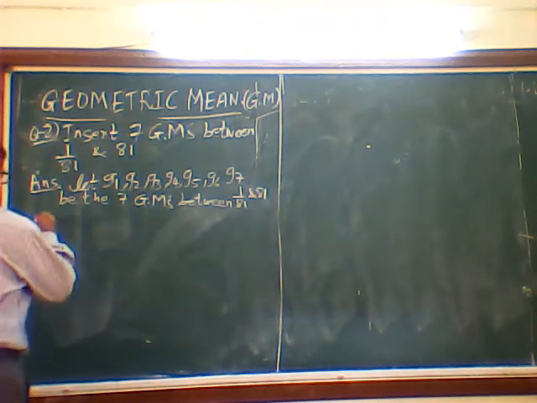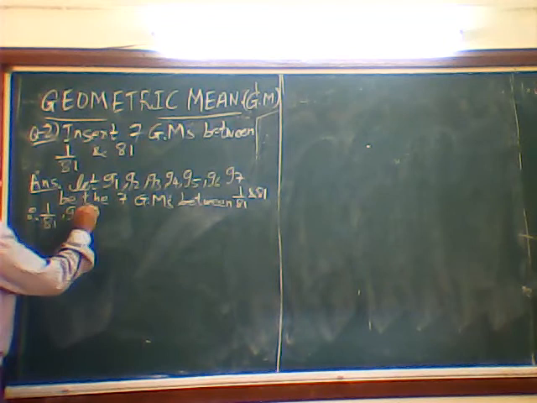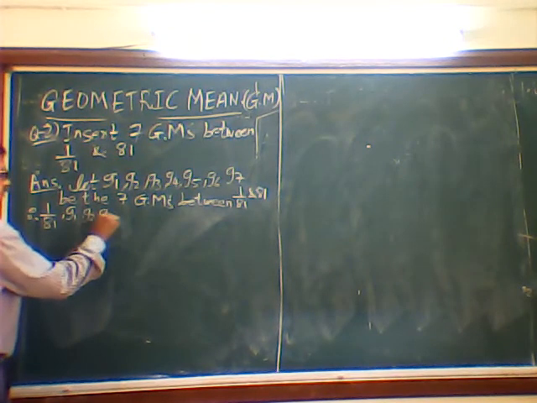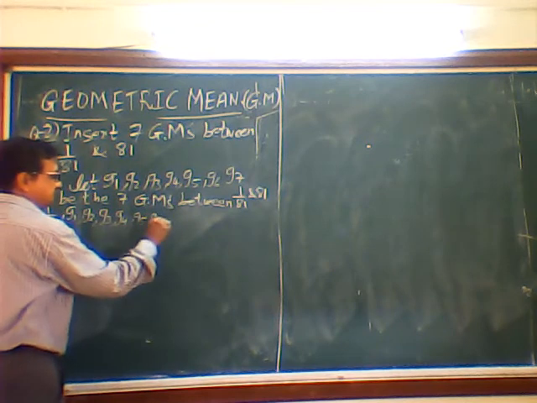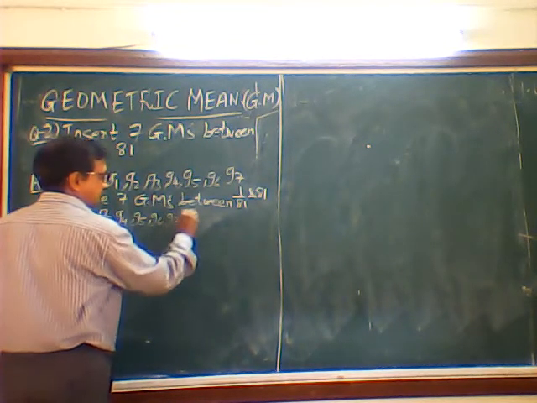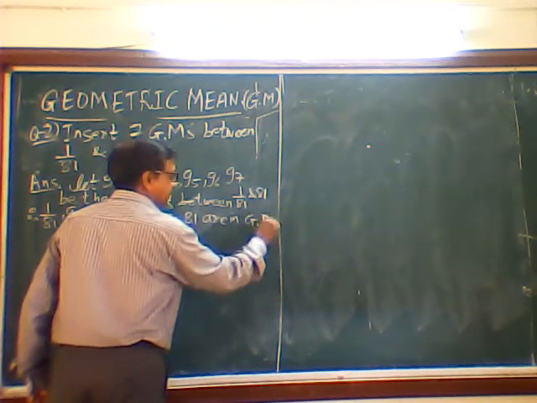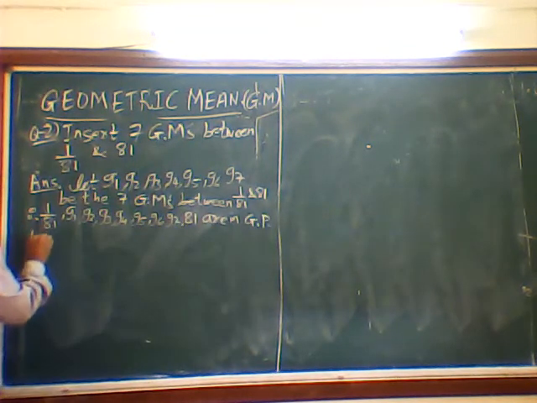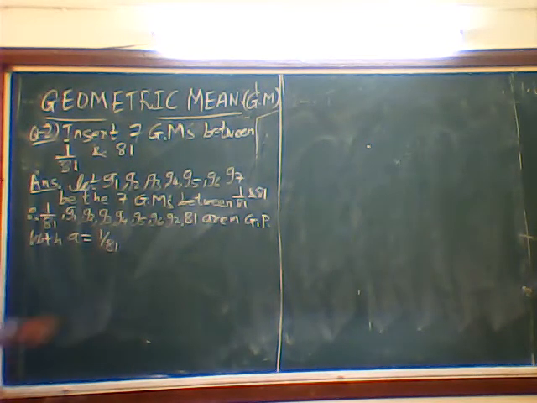Okay. Then I say therefore 1 upon 81, G1, G2, G3, G4, G5, G6, G7, 81 are in GP, with A equal to 1 upon 81